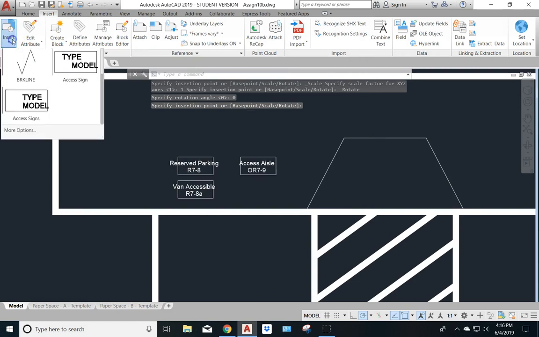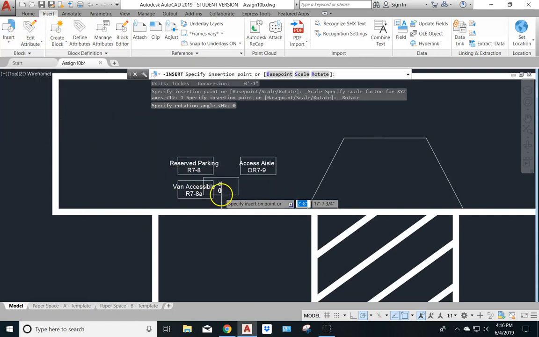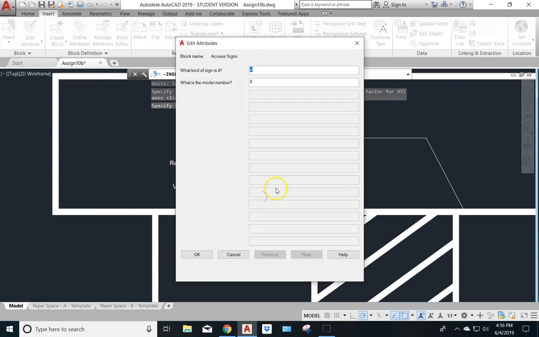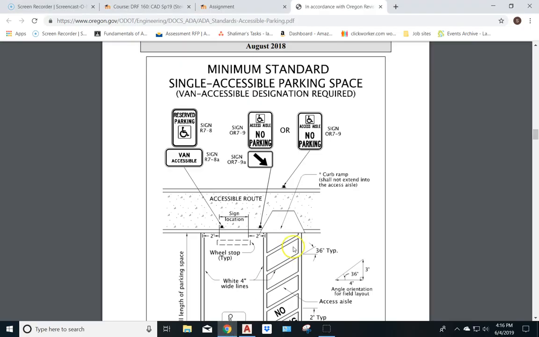Okay, one last time for this block. I'm going to line it up with this one and with this one, and where they meet is where I'm going to click it. And this one I'm just going to call arrow, because it's just the arrow pointing at the aisle, and I look for the sign number for that, and it is